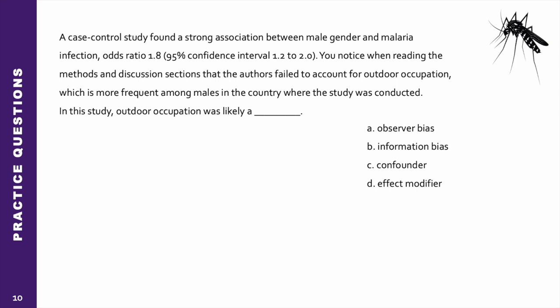A case control study found a strong association between male gender and malaria infection. The odds ratio was 1.8 with a 95% confidence interval of 1.2 to 2.0. You notice when reading the methods and discussion sections that the authors failed to account for outdoor occupation, which is more frequent among males in the country where the study was conducted. In this study, outdoor occupation was likely a